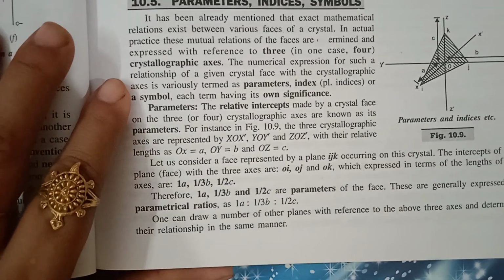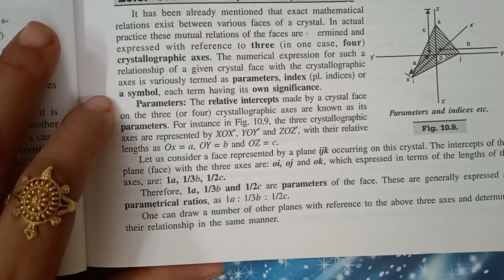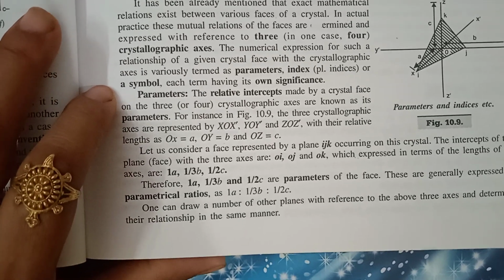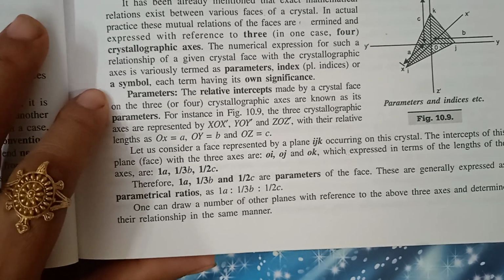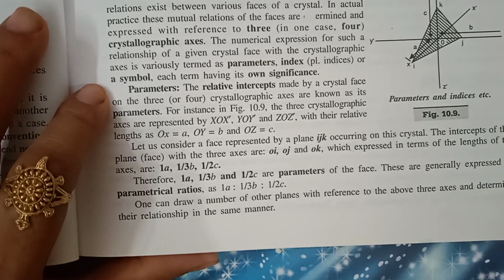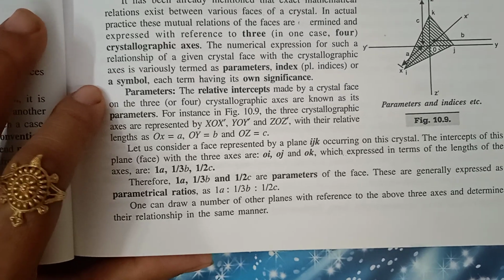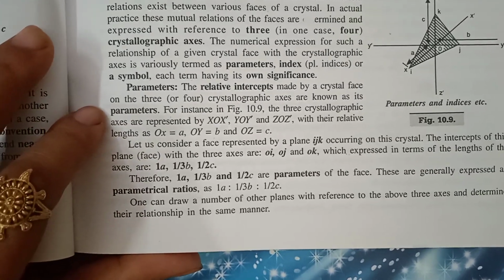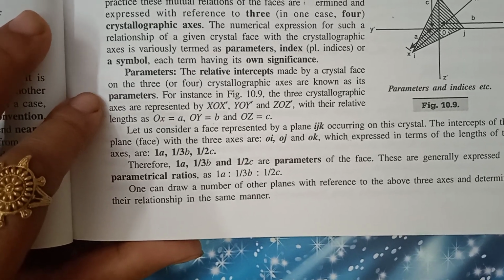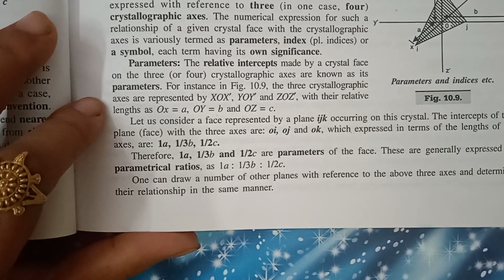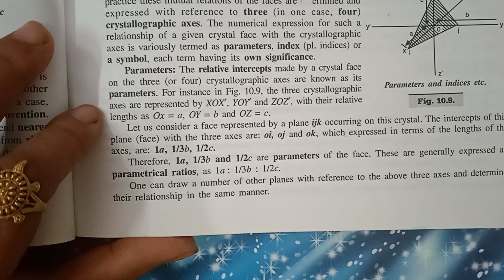The numerical expression for such a relationship of a given crystal phase with the crystallographic axis is variously termed as parameters, indices, plane indices or symbols, each term having its own significance. Parameter: the relative intercepts made by a crystal's face on the three or four crystallographic axes are known as its parameter. For instance, in the figure, the three crystallographic axes are represented by XOX, YOY, and ZOZ